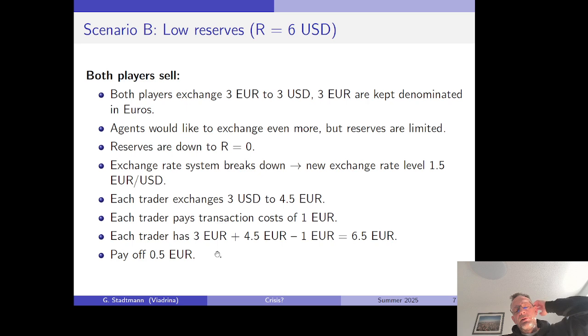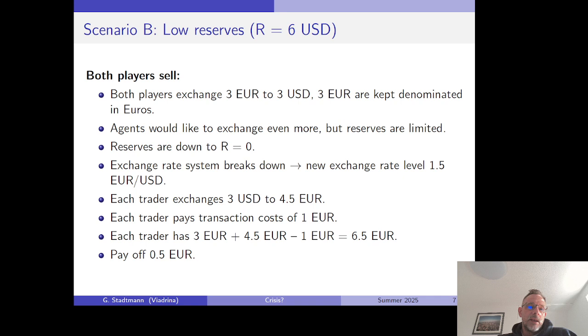What if both players sell in this scenario? If both players sell, they can only exchange €3 into $3. €3 are kept denominated in euros. Both agents would like to exchange even more, but the reserves of the central bank are limited. The reserves are down to zero. The exchange rate system breaks down. Switch from the fixed to the floating exchange rate system, and the new exchange rate level is 1.5 euros per